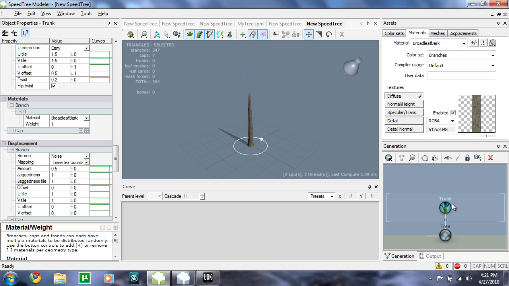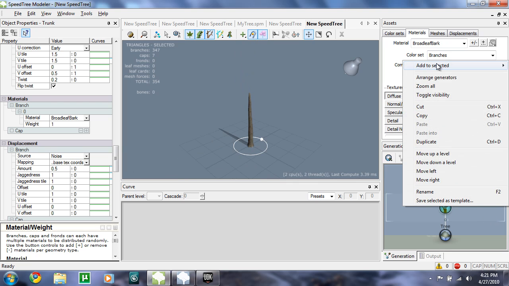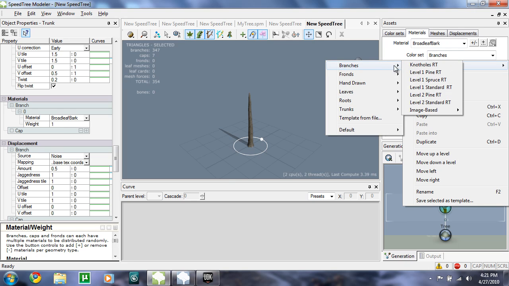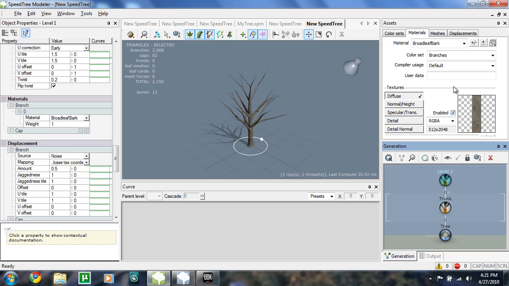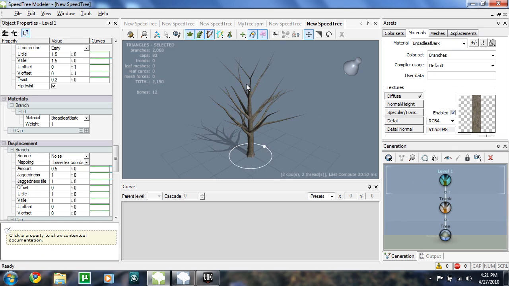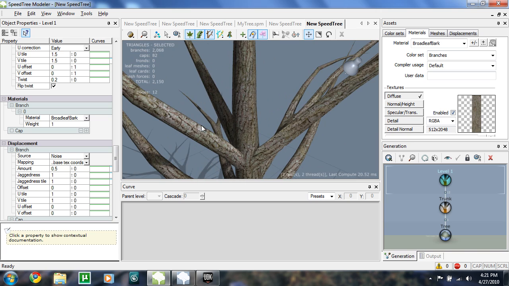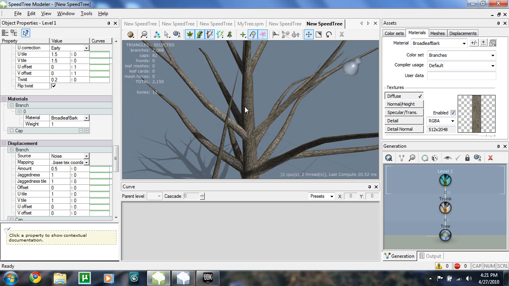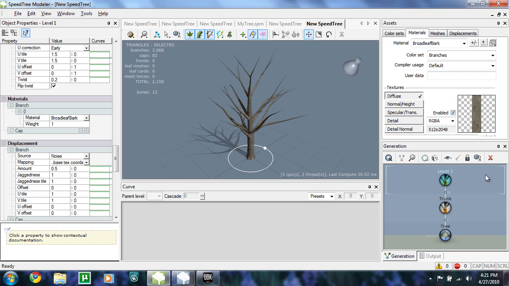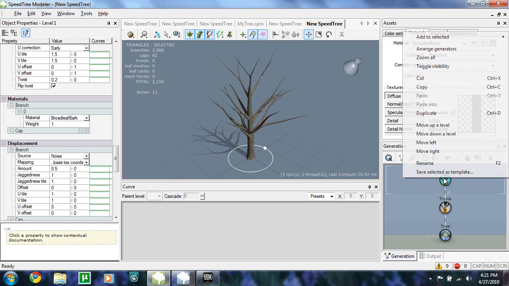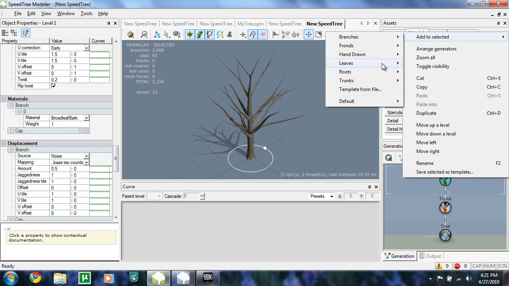So next I'm going to come underneath my trunk, right click, click add to selected. I'm going to add some branches. I'm going to stick with the level 1 standard RT branches. As you see, it already has the same bark material added to it, so you don't need to worry about adding one to that. I'm going to click level 1, click add to selected, and I'm going to add some